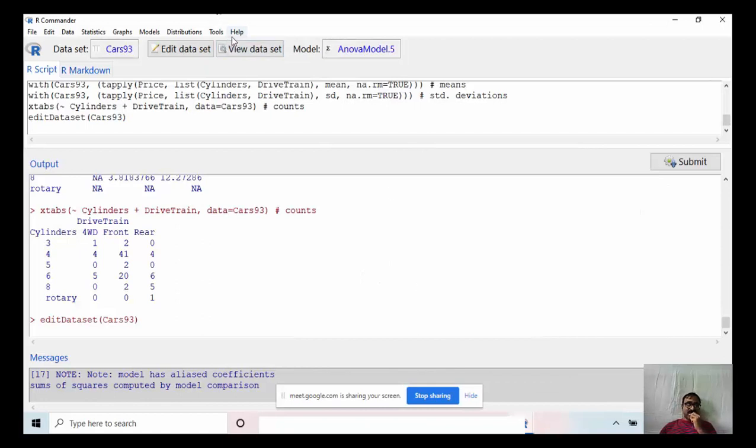Also, search in that help command. Suppose you want to know how to change the graph parameters, or suppose I do not know anything and I have no idea how to do a graph. You just type that question, for example, how can I draw a histogram using R Commander, on Google. You can get the help there. There is the CRAN database, and there are so many blogs. You can access the codes there to get the analysis. That will help you as a beginner.